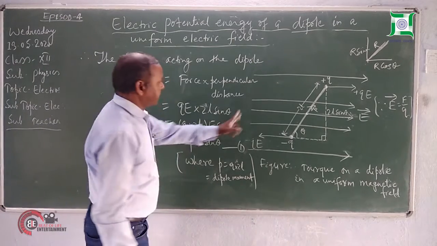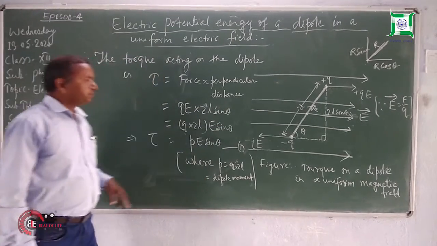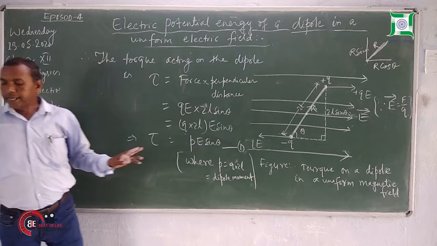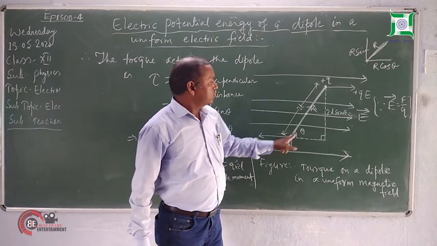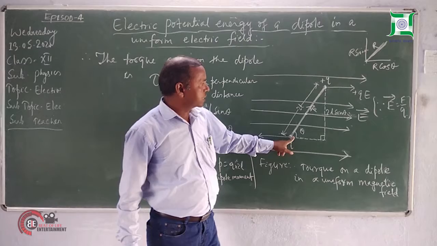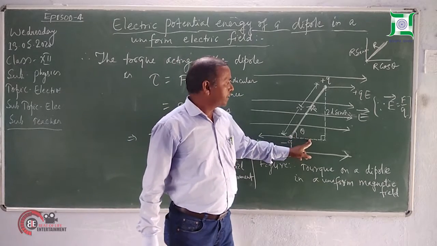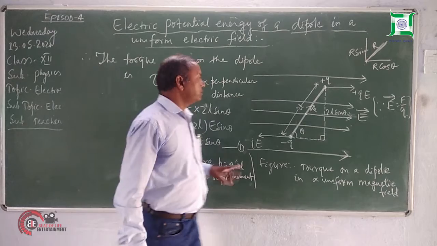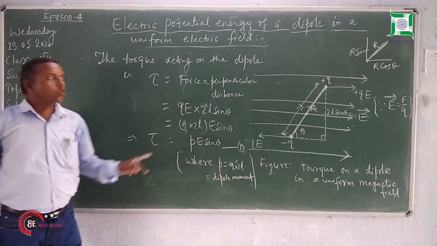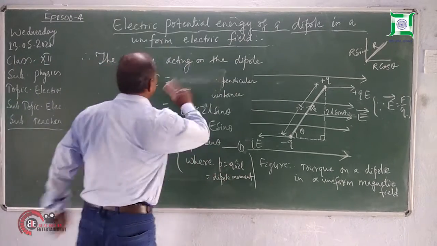So this is the torque acting on the dipole. Here the angle theta is the angle between the direction of electric field and the dipole moment. If this dipole is rotated through a small angle d theta,